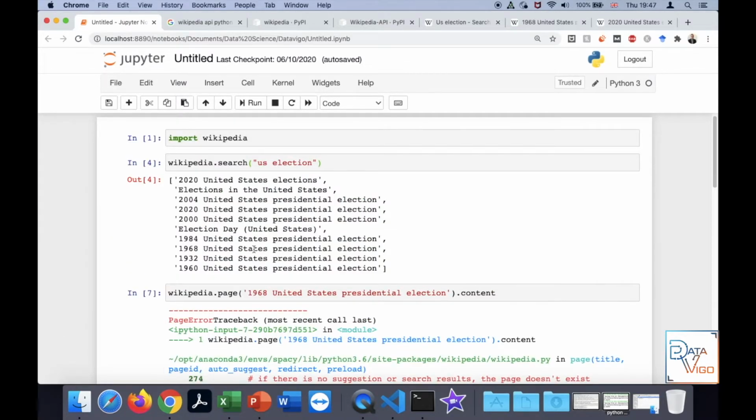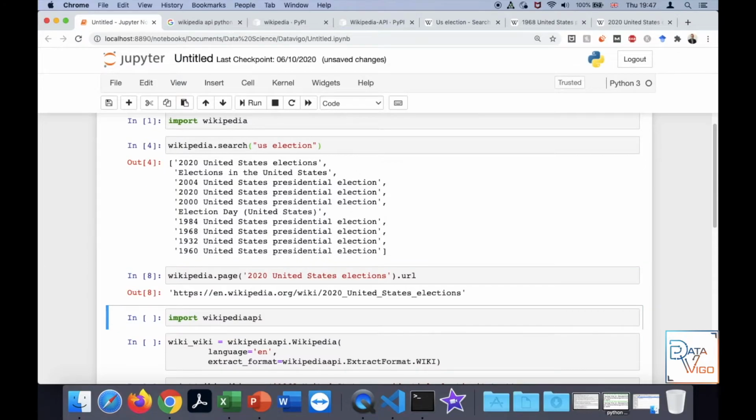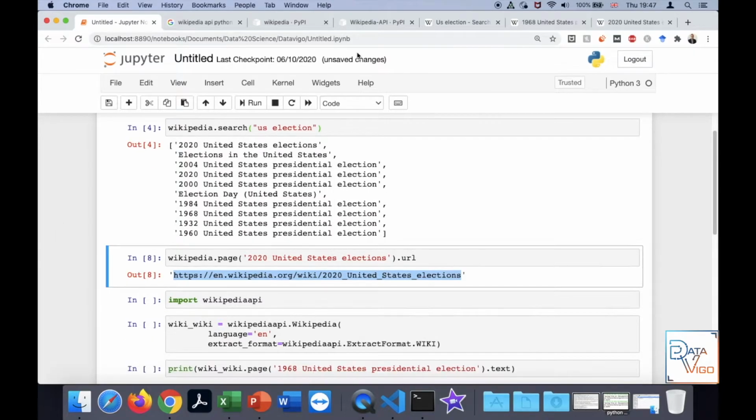The other thing you can do with this Wikipedia is that if I copy and paste the previous code, instead of content you can put, well, not the title, URL, I believe. Yes, so if you put the URL, then it gives you the URL address of the pages that you find on the search result.